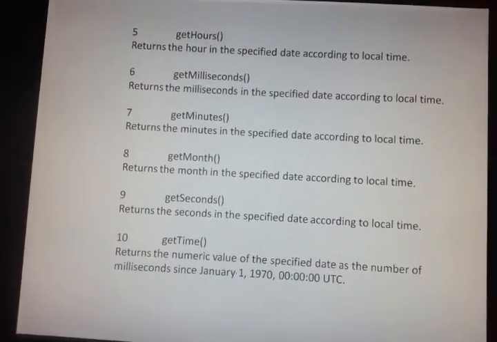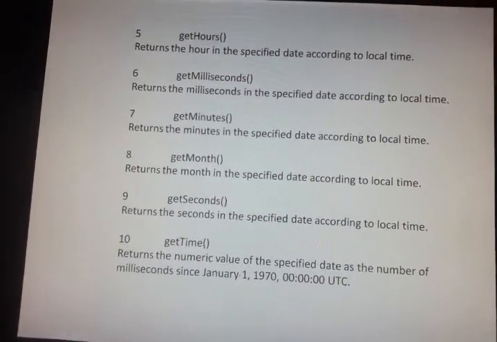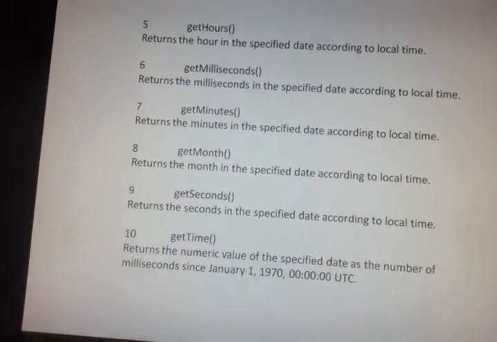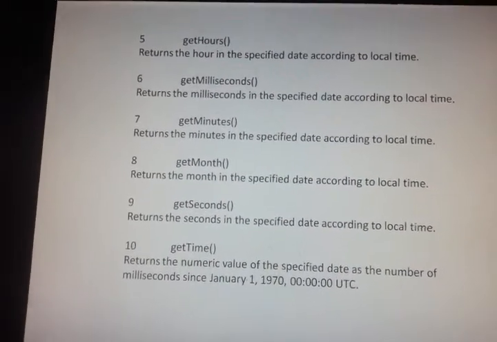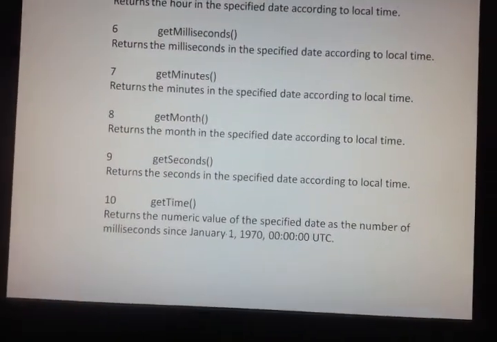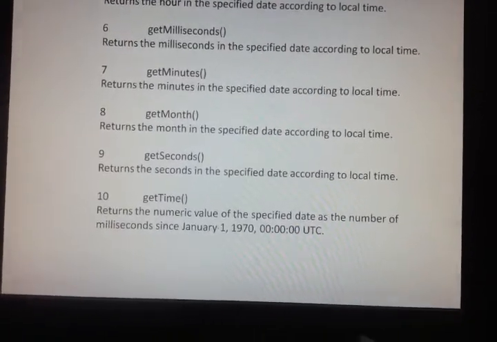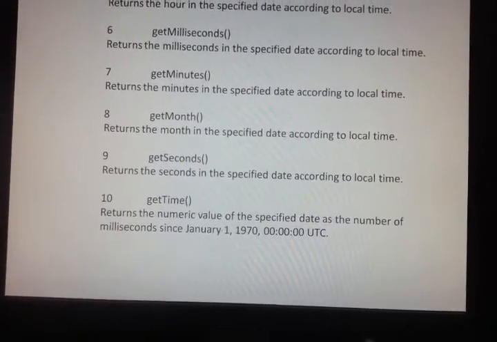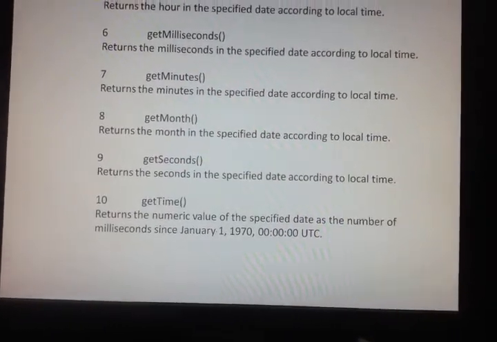So for every get method you have to pass complete date, year, month, time with hours, minutes and seconds. And then getSeconds returns the seconds in the specified date according to local time.